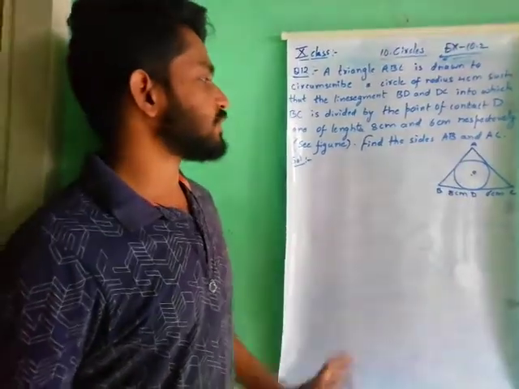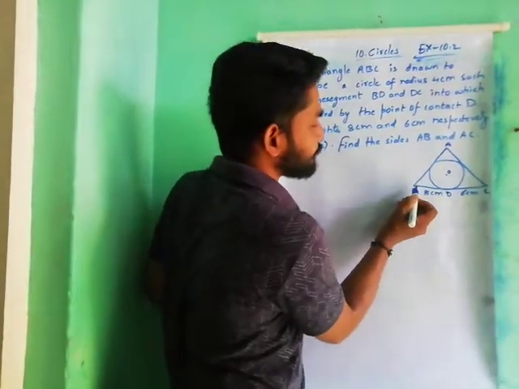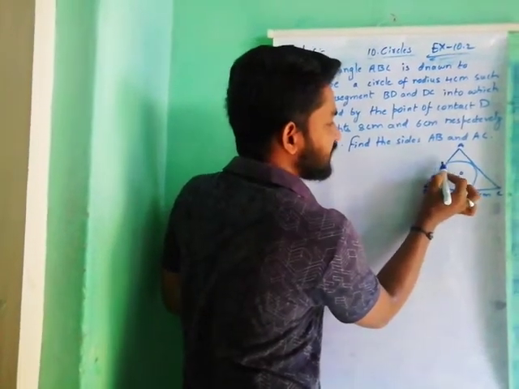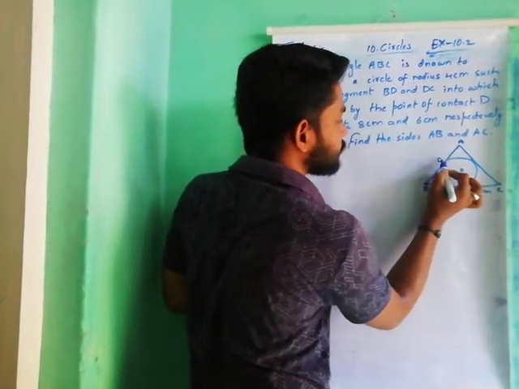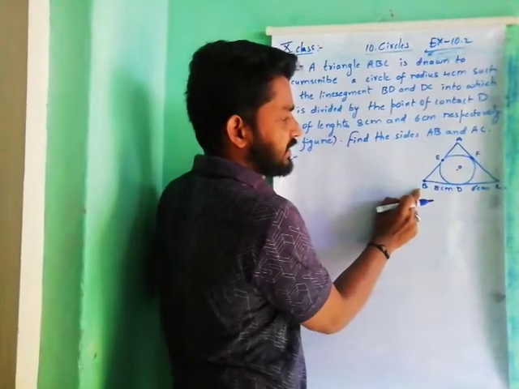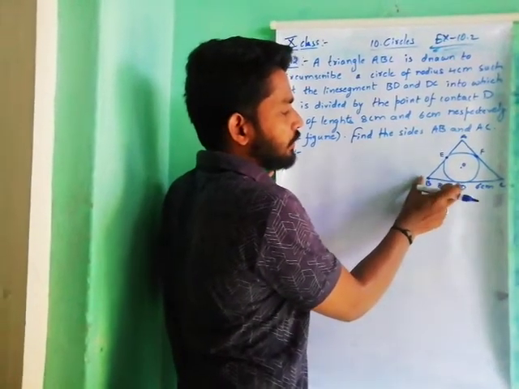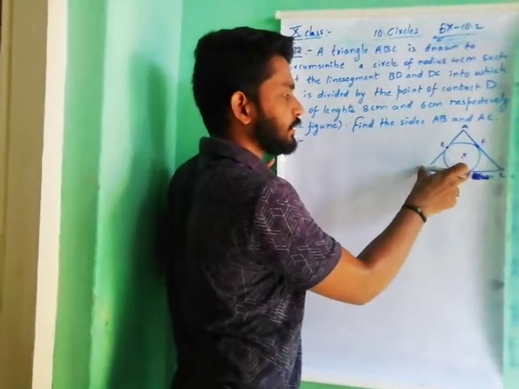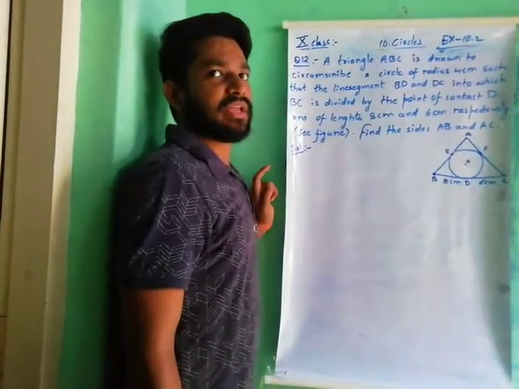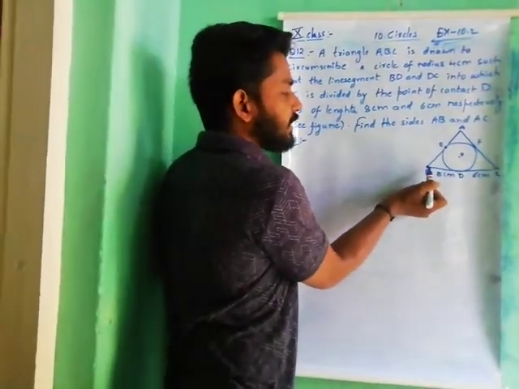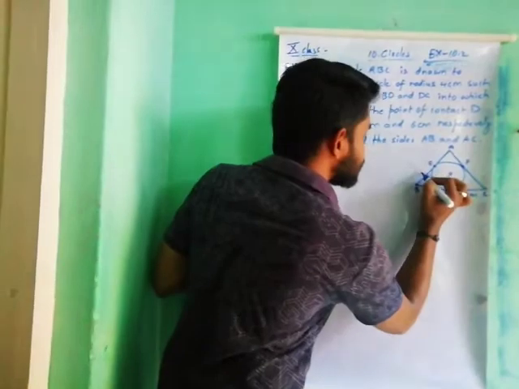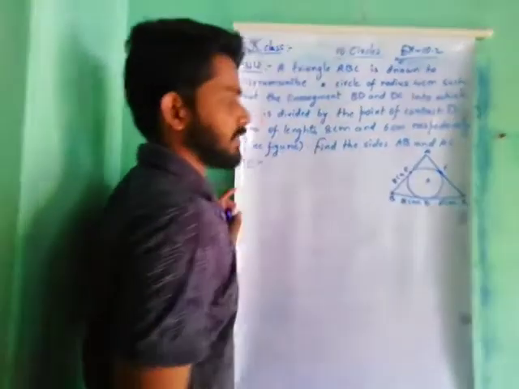Okay. So before starting this problem, see here. For example, B is the external point. So this is E, I am considering. This is E. This is F. So B is the external point. From an external point, if we draw tangents to the points of contact D and E, the lengths of the tangents must be equal. Yes or no? By theorem 10.2, from an external point, the lengths of the tangents must be equal. Here it is 8 centimeters, in the sense BE must be 8 centimeters.